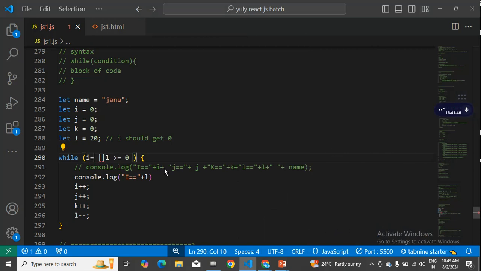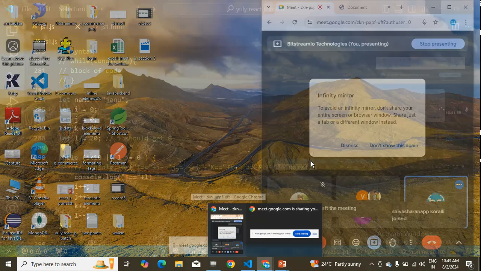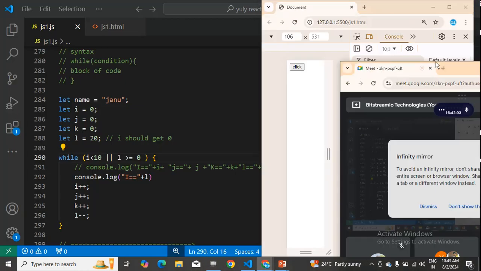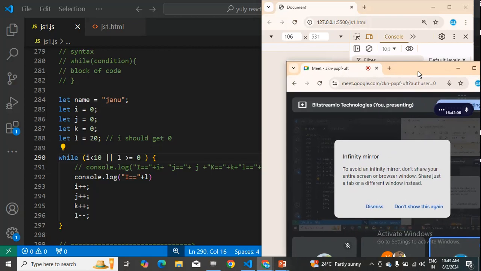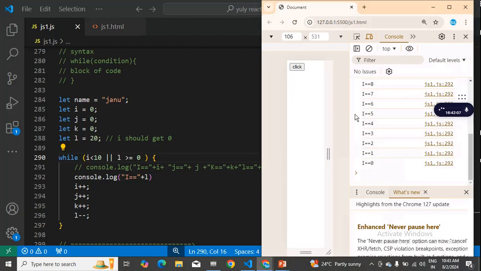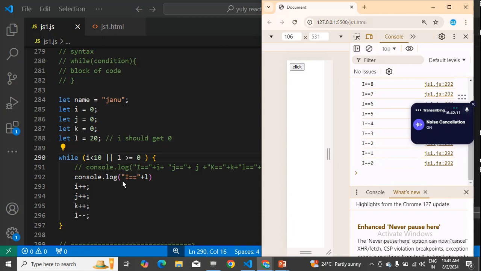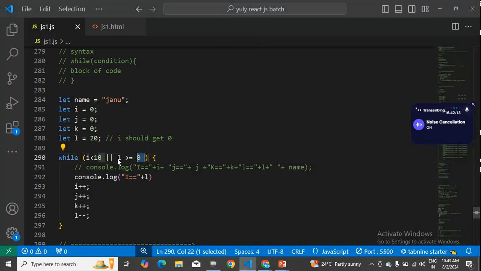So what is my output? See, I'm able to print it till 0. So this was the condition I told you to apply in yesterday's class. So how many would have done that? I don't know. So just you can change this condition. See, only the condition I changed, but it is printing till what? Till 0. So what if I just add here I, that is